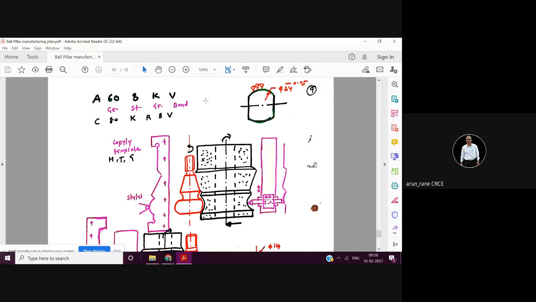Now this hammering can be done manually by using a dial indicator, or it can be done on the press. On the press it is more professional, because you can put a dial there, and wherever it is out, because of the hardening the component gets distorted, it gets bent, you have to press it so that it becomes straight. Once the straightening is done, then you can go for the grinding.